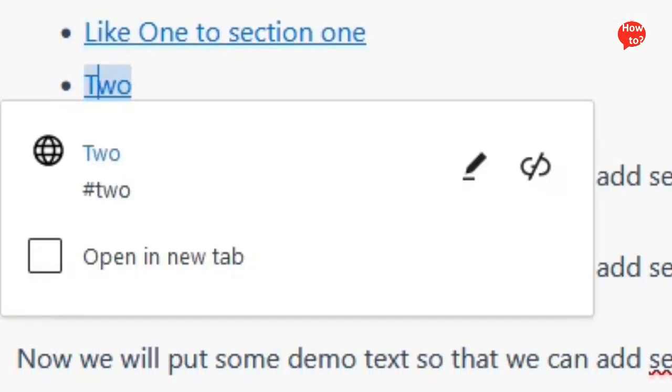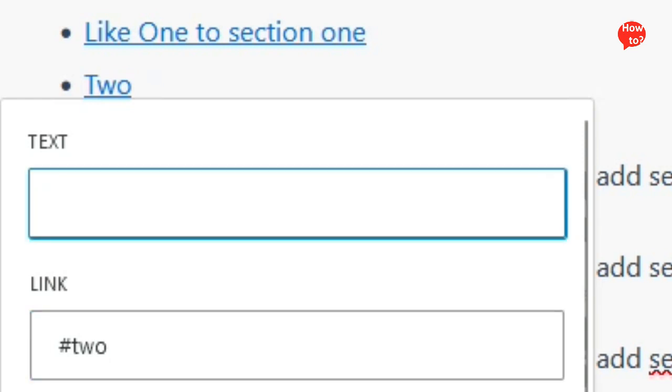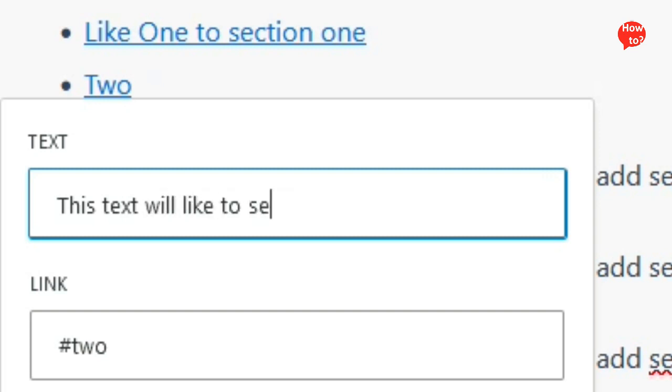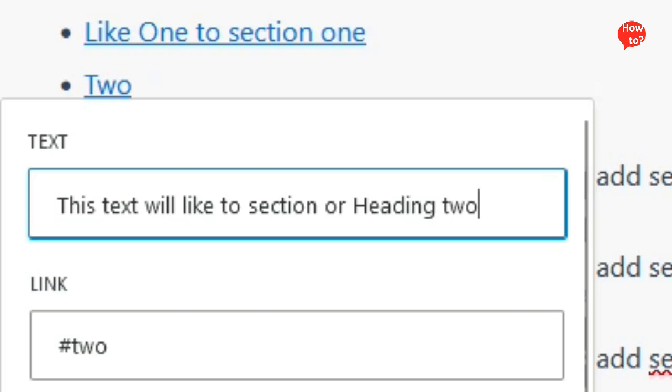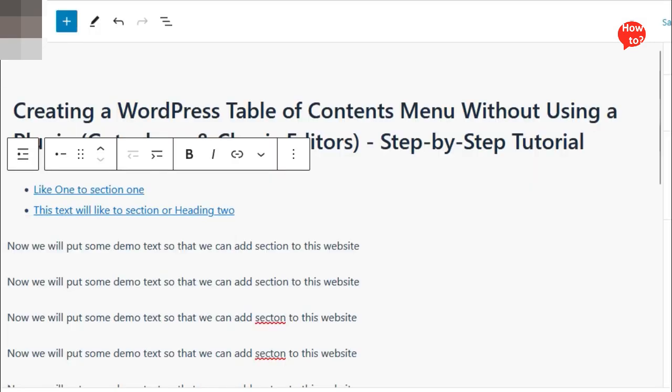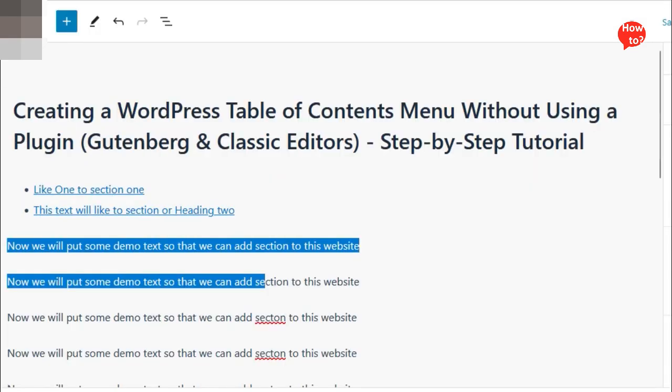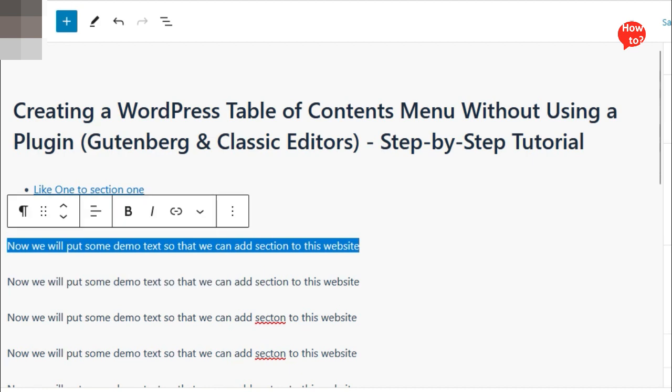Now I will do the same with link 2. I will type text. This text will link to section 2. Then in the link, I will type $! and 2. Now we will add corresponding link tags in the post, but first let's add some extra text to